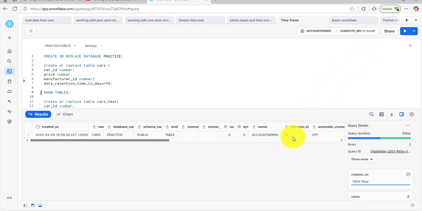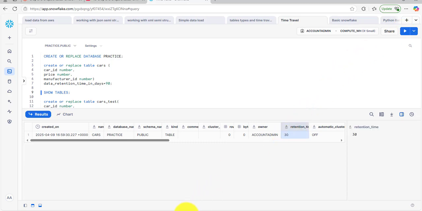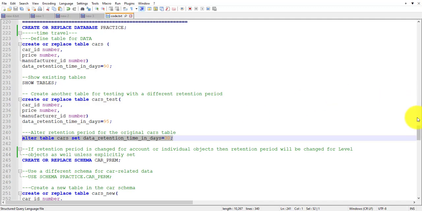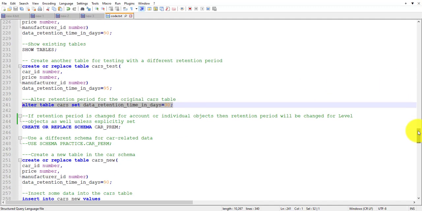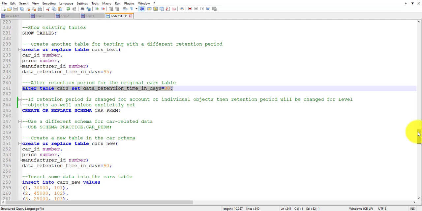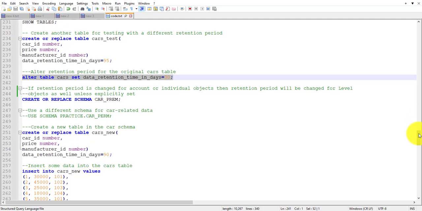Now its retention period is 30 days. So we can alter the retention period as well. If the retention period is changed for the account or an individual object, then the retention period will be changed for lower level objects as well, unless explicitly set.